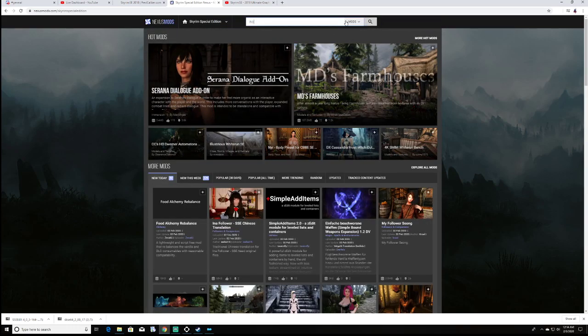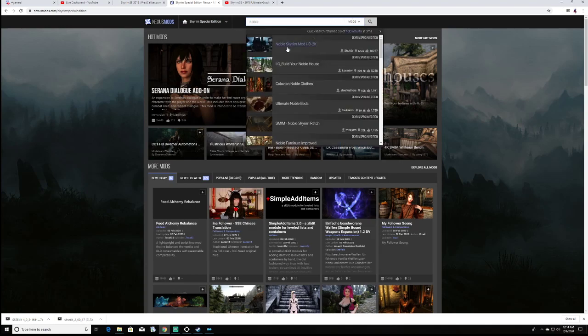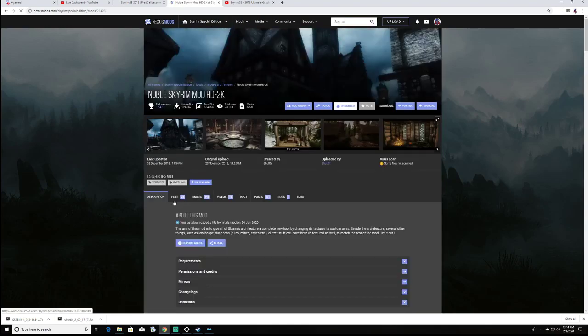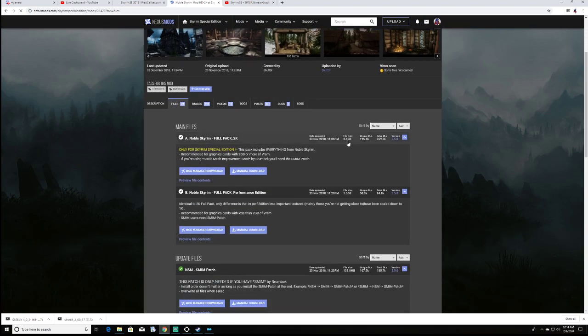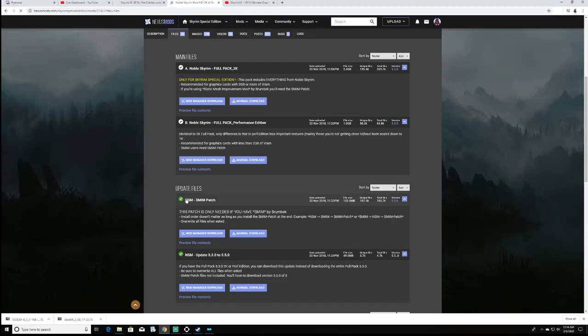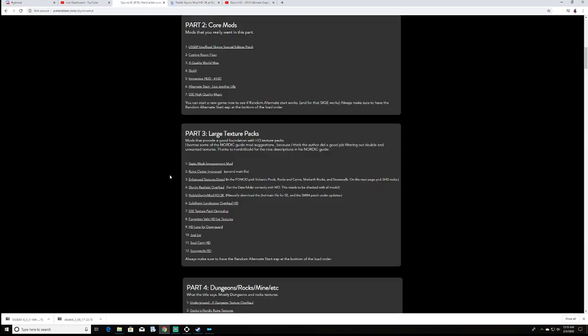Because if I type this Noble in again, the file size is going to see there's 24. 2.4 plus you're going to need the update NSM SMIM patch if you're running SMIM, which I do recommend. Definitely do recommend. So